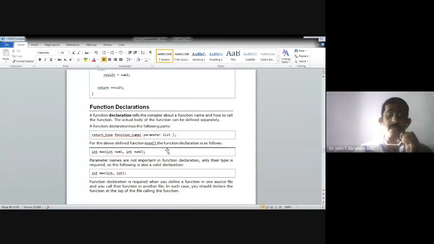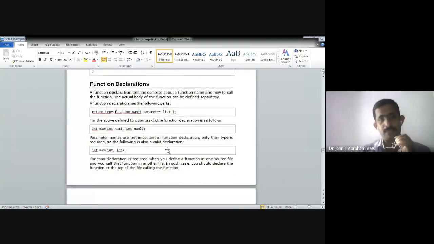Okay. Then function declaration. So first function definition, next is function declaration. What is function declaration? We already had seen. Function declaration tells the compiler about a function name and how to call the function.